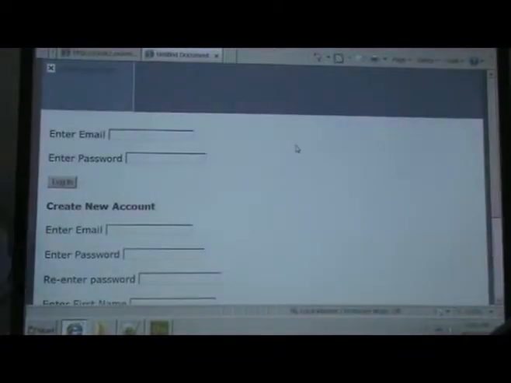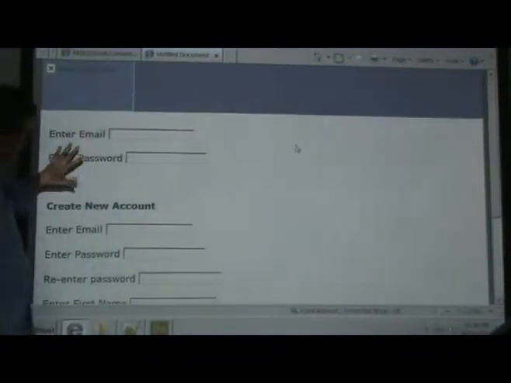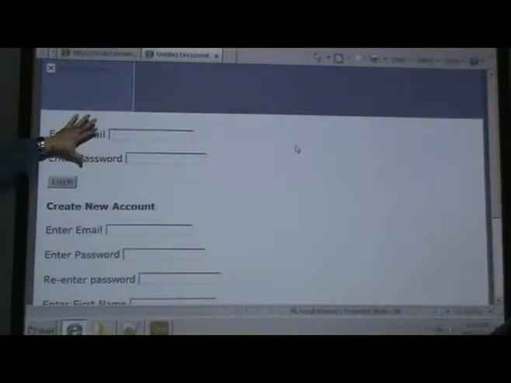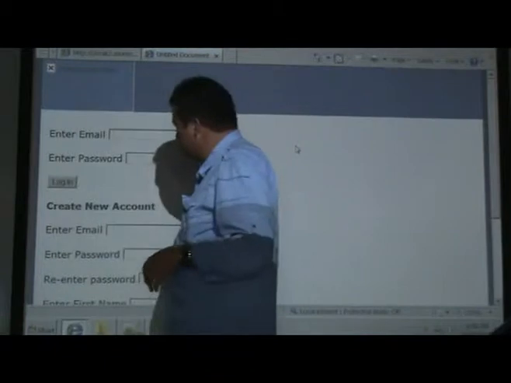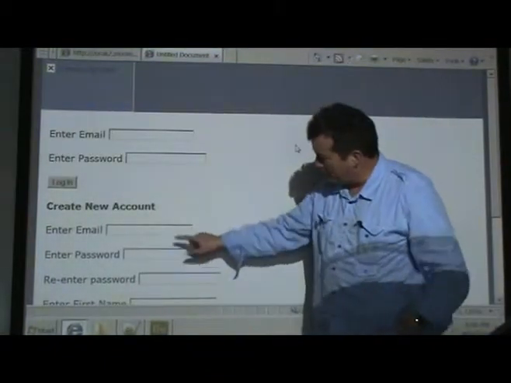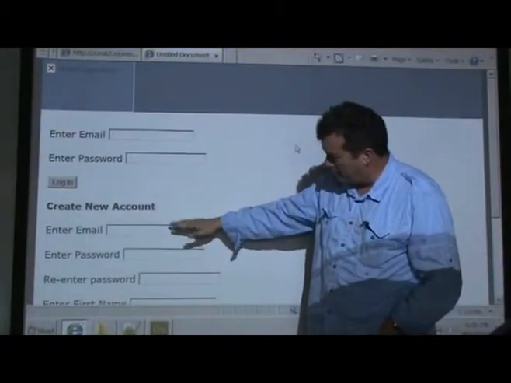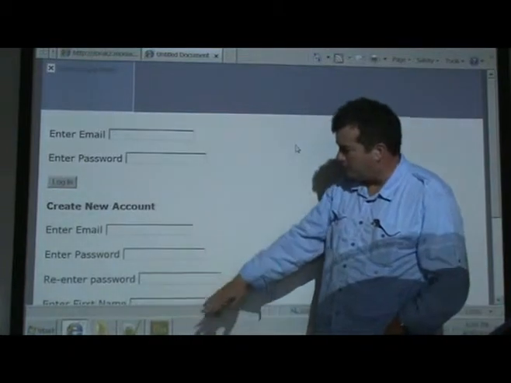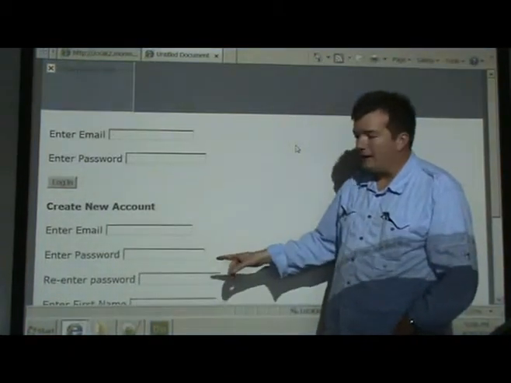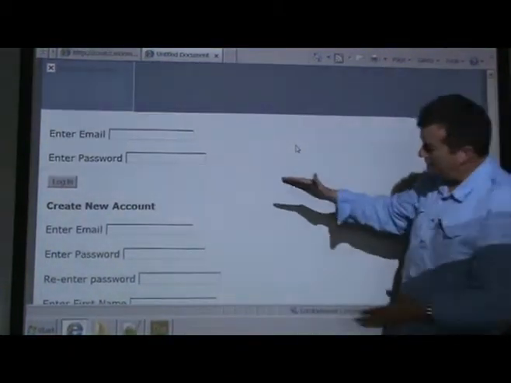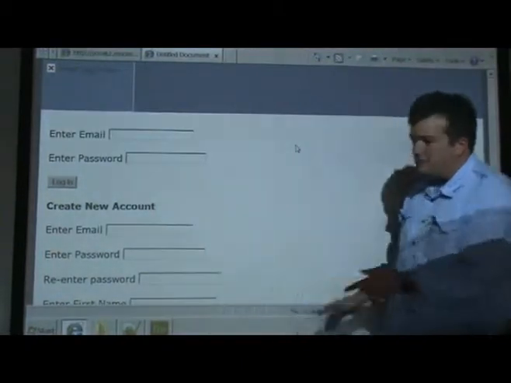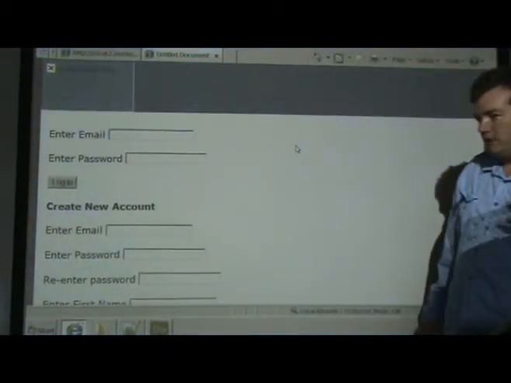If you remember, the way our project was working was somebody can come to our page, and like I said, we should make this look nicer, but somebody can come to our page and create a new account. They can enter their email address, type in their password twice, the first name and the last name, and hit a create account button. We would take these answers from this form and send them to a PHP page called